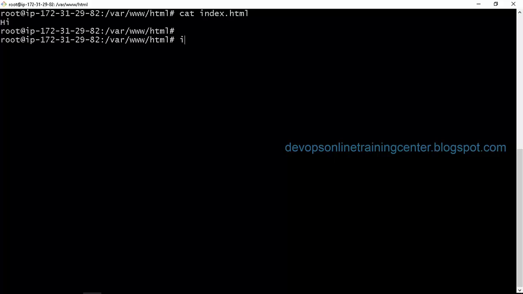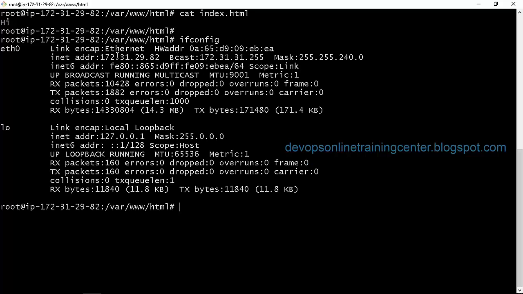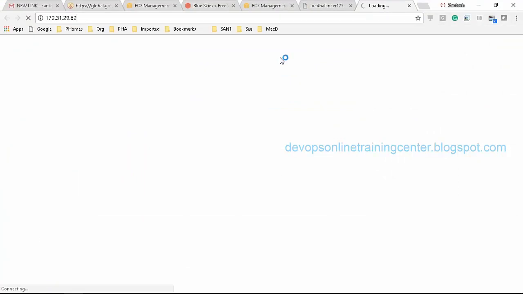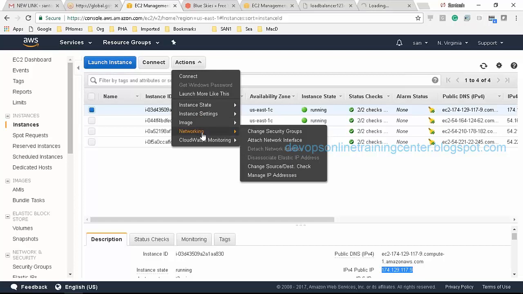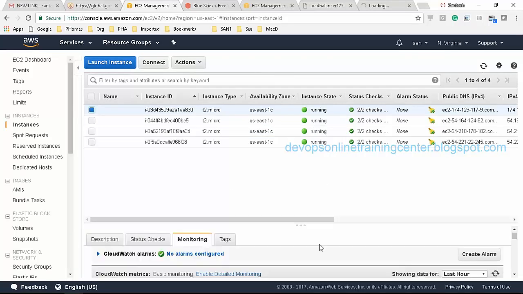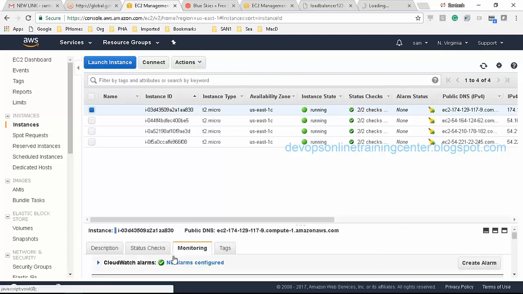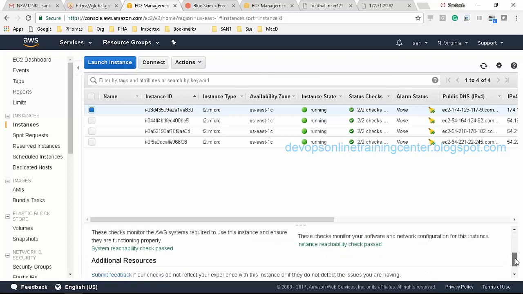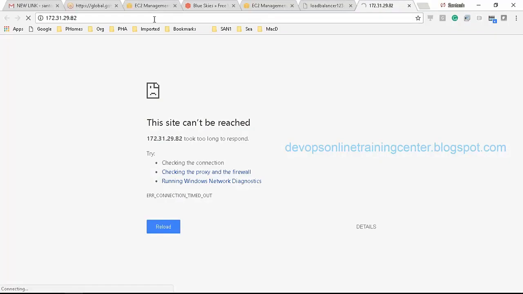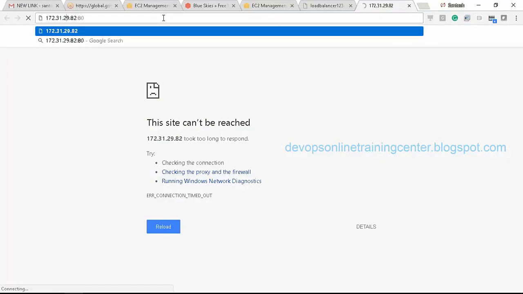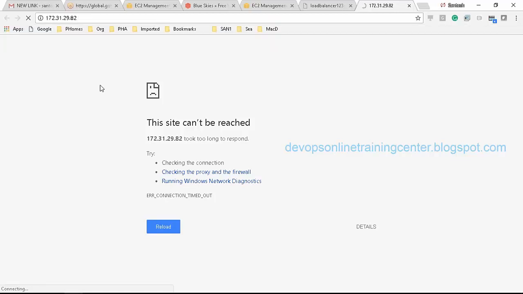Let me see if I am able to hit this. Okay, I think there's some problem with the configuration. This IP is not responding.